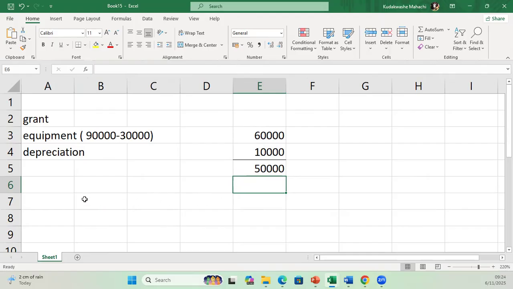But the problem now is the grant here has been de-recognized. It's now being de-recognized from our books, and we have to repay back. So if we have to repay back, it means the cost has to be revised. Our cost has to be revised back because now